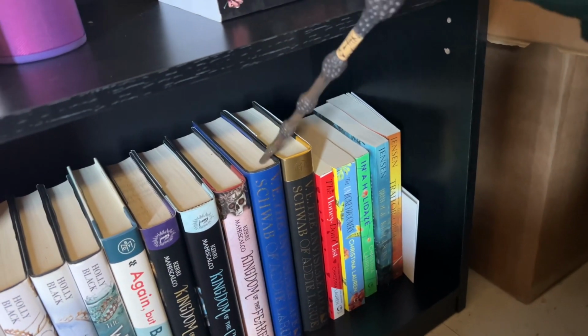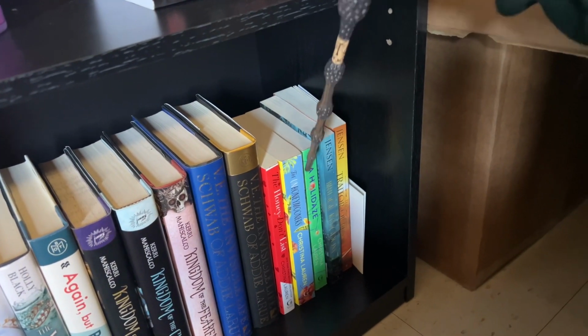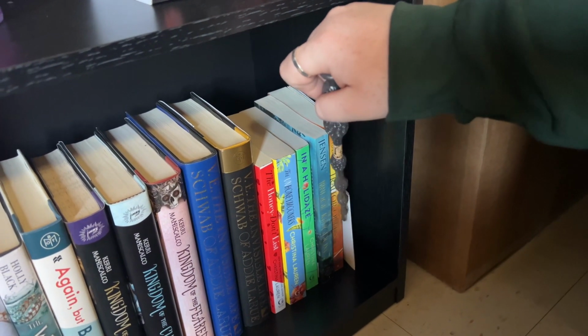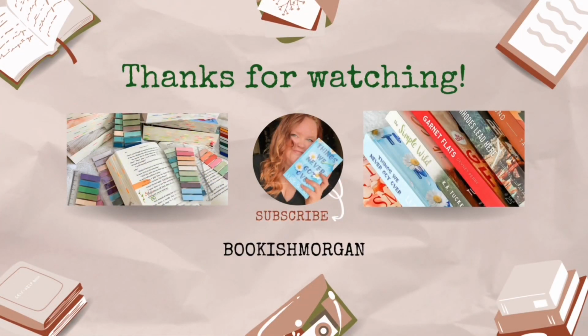My special edition copy of Addie LaRue and this one. And then these are my other Christina Lauren books. And then The Bridge Kingdom. Those are some signed CDs. We're just going to put those back right there. Best believe I'm still bejeweled when I walk in the